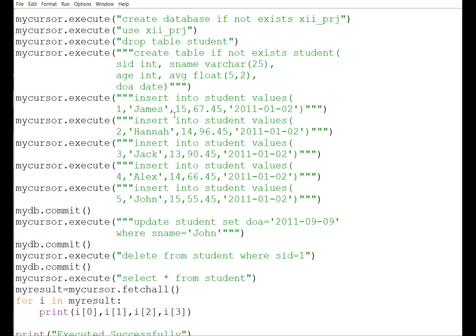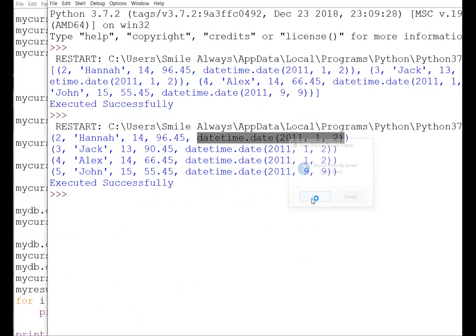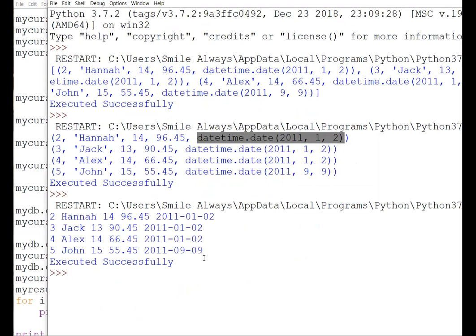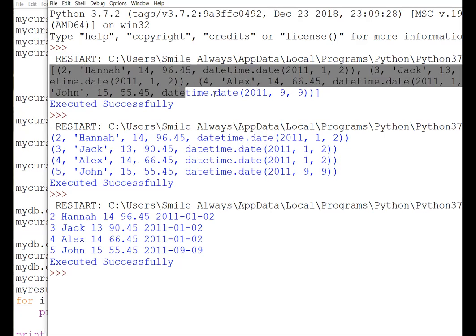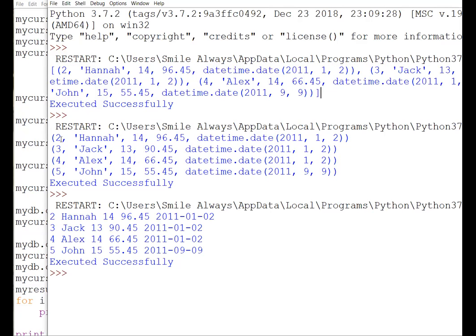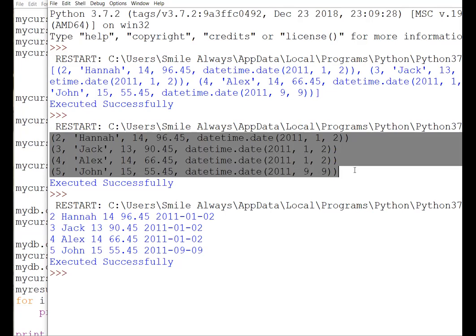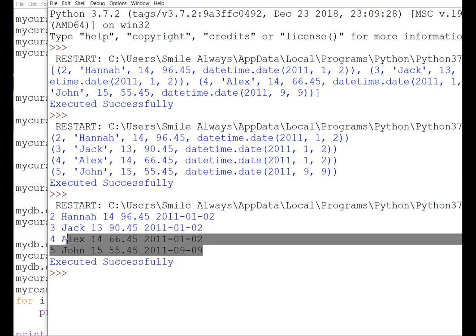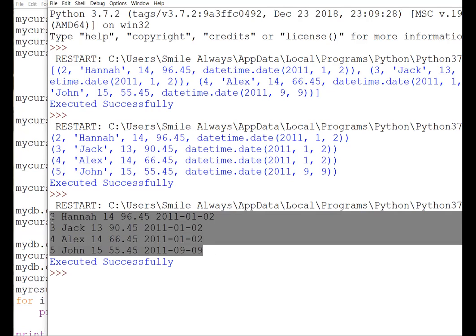Okay, so total 5. 5 were there, so up to I of 4. So like this I will be doing, then I'll show you the difference. You can see this is much better, and plus now this date and time format has also been removed. Okay, now if you will see, this is how from MySQL you are getting. This is how you can get every tuple by tuple, and this is how you can actually get in the form of a value. And this is actually the best way of fetching all the information.